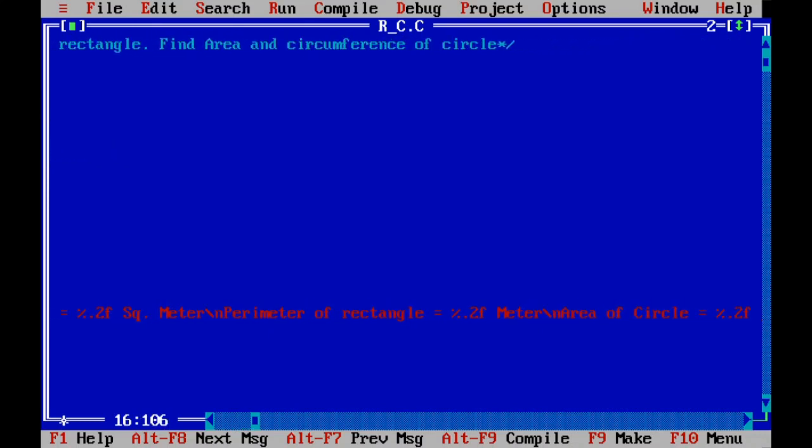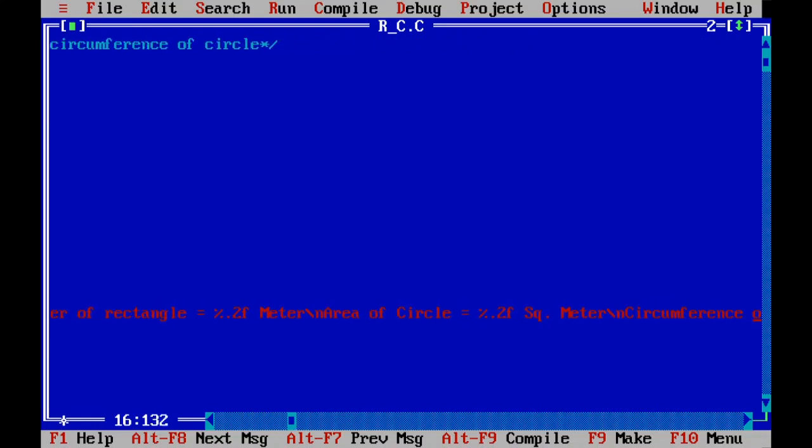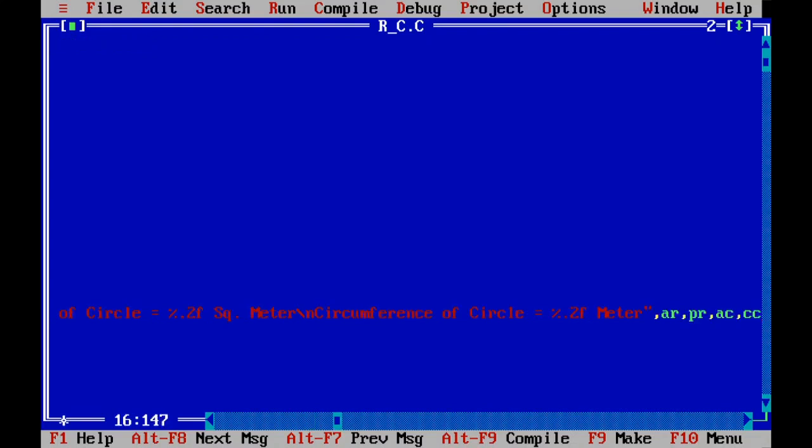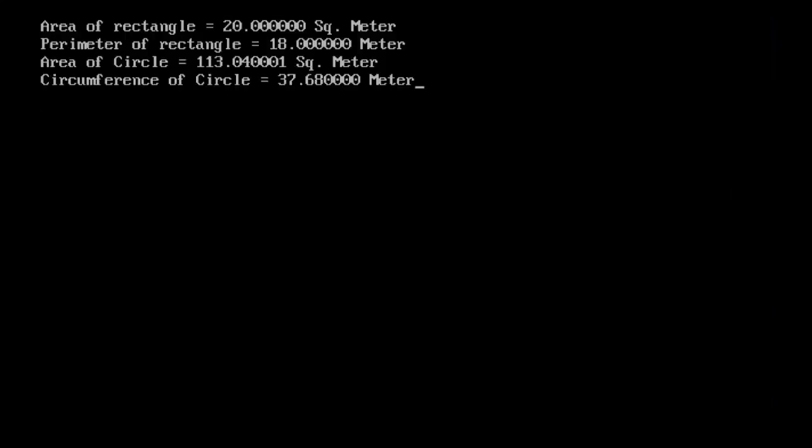Here again 0.2, and in this also I am inserting 0.2. So it will control the decimal points, as we were finding. Firstly, we were getting the outputs in 6 decimal points.